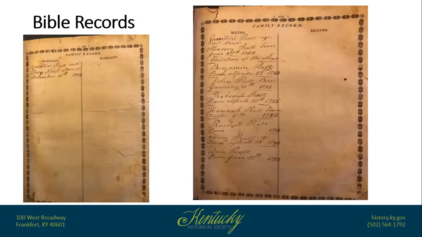And then here's an example of a couple of family records from a family Bible. On the left side is a marriage that happened in 1778, I believe, December 11th. Here you've got the names of the two people that got married and then a date. So you can try to look up more information about those two individuals, and you can go double check and see if you can find a marriage record. Now, that early of a marriage, it might be a little tricky to find certain records,